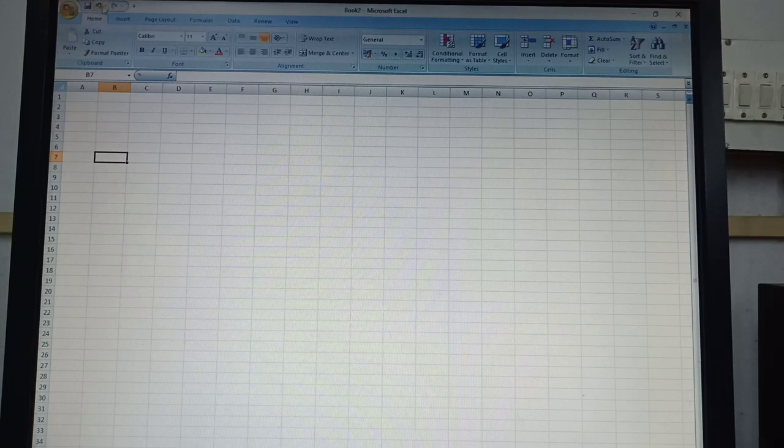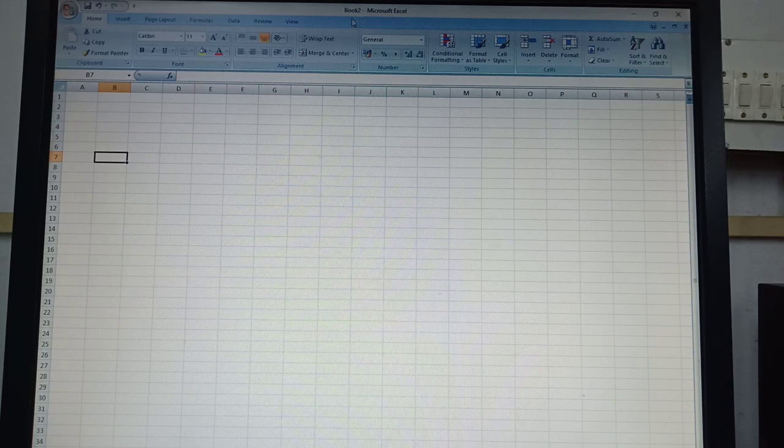In the left side of this one, this title bar is known as quick access toolbar. Quick access toolbar means these toolbars are always shown. These 3 toolbar buttons will be always available. If you have not selected any of the menu bar, normally what is happening, whenever we are selecting any of the menu bar, we are getting the toolbars of that particular menu bar. In the right side of title bar, we are getting minimize, maximize and close button.